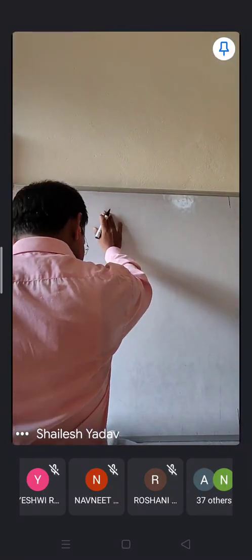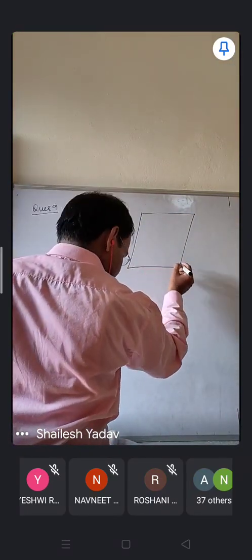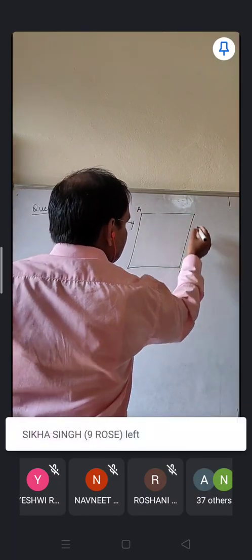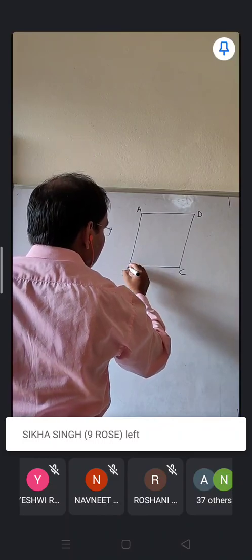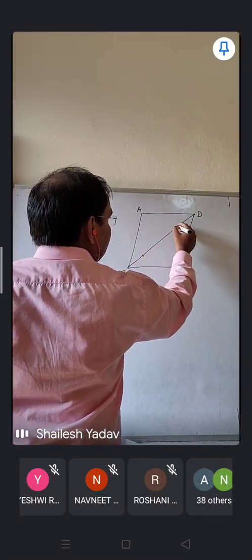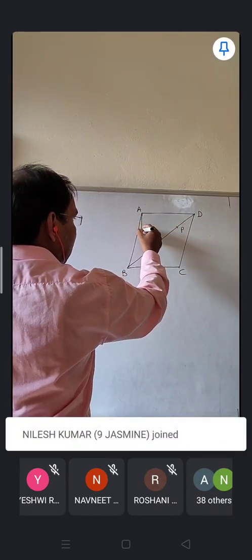Question number 9, third part. So first you need to find the given triangle in the given figure. It is question number 9, and the diagram given for the question is like this. It is given ABCD a parallelogram, and here BD is joined, and after that P and Q are the points on that diagonal.